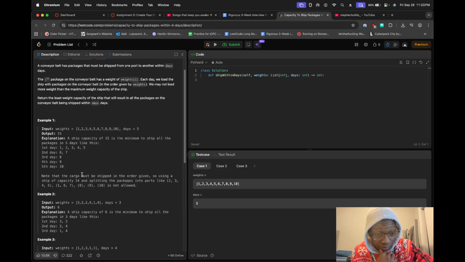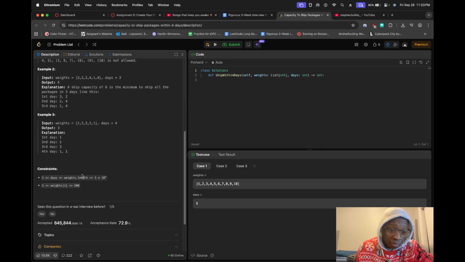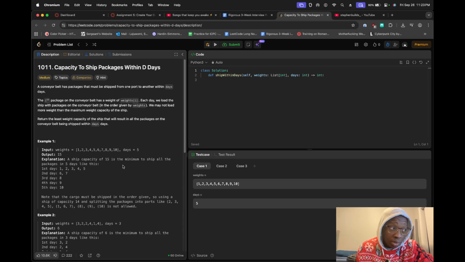So we need to determine the size of the ship, the weight capacity that is necessary. So we somehow have to determine